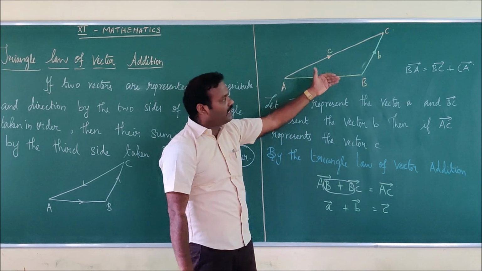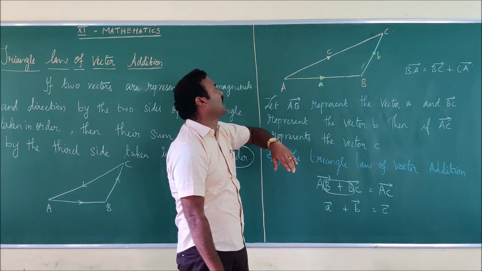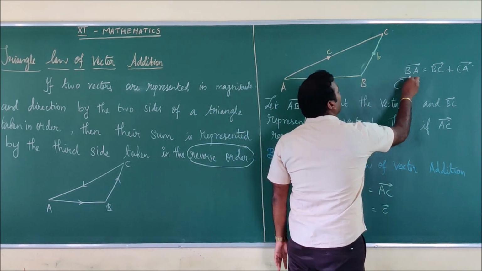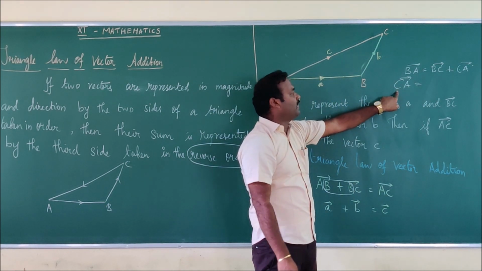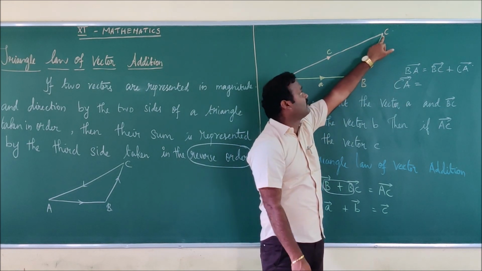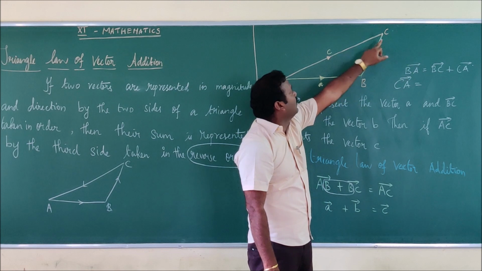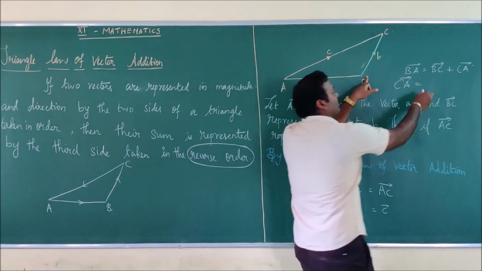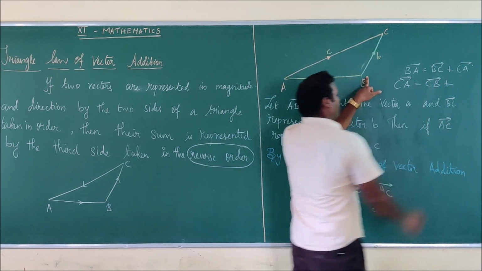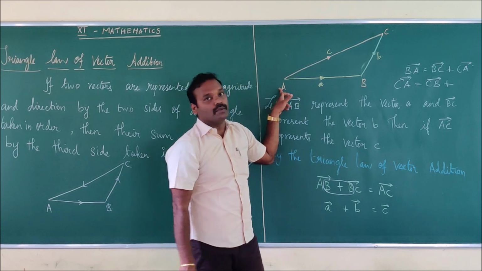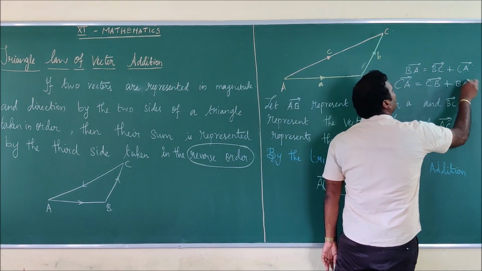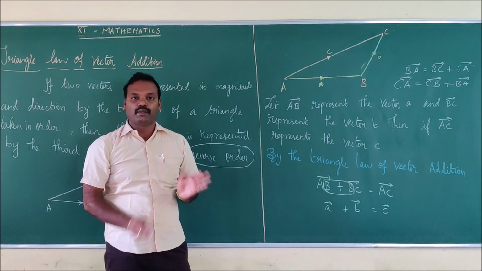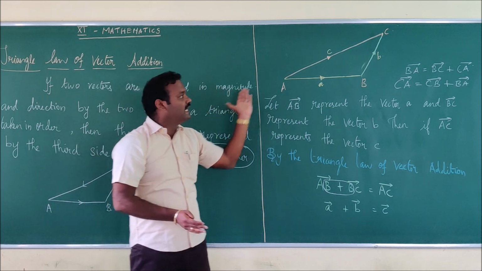So you can write any number of results like this. If you want to write the CA vector, how can we write this? CA vector is equal to, your starting point is C and ending point is A. So starting point is C. First I can come to CB vector, plus from B to A you can go, BA vector. So CB vector plus BA vector. This is the expanded form using the triangle law of vector addition. You can make use of this result for any side.